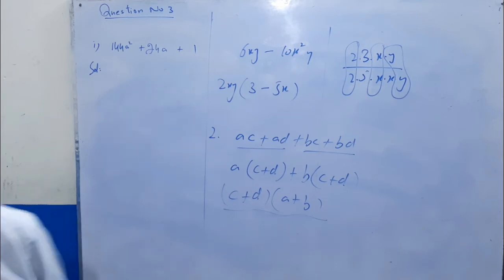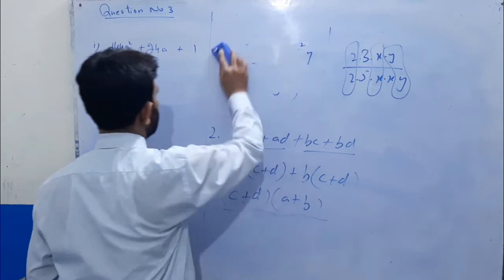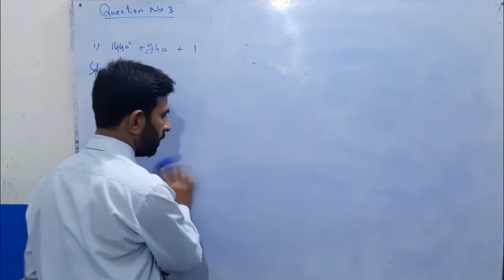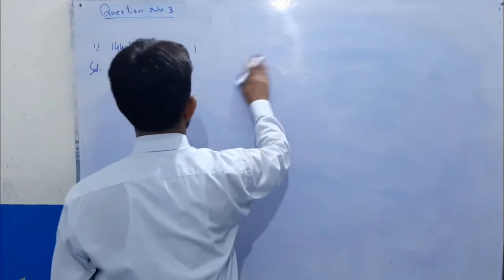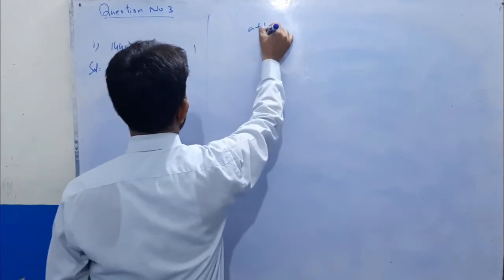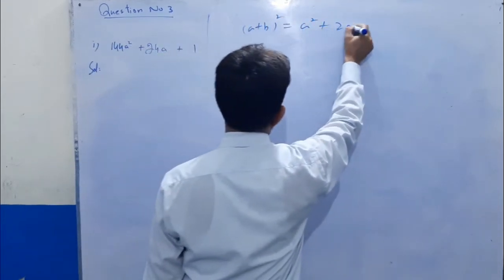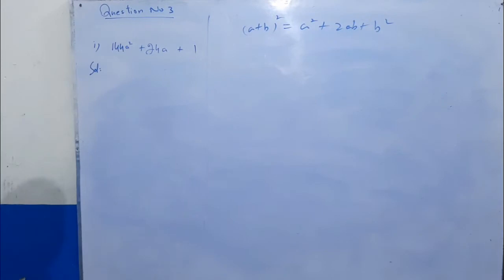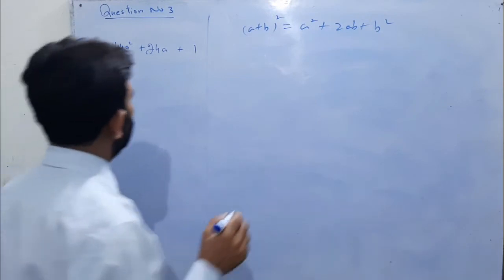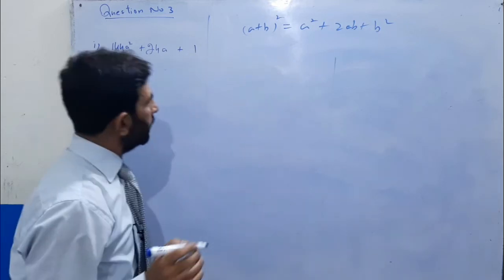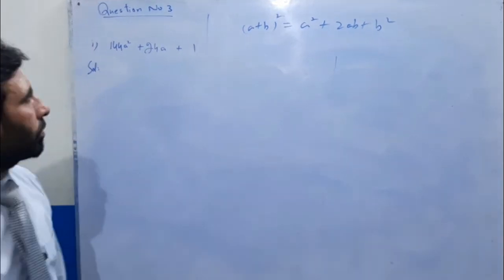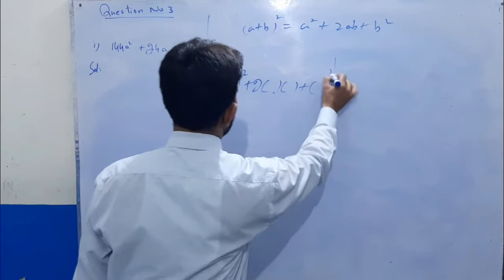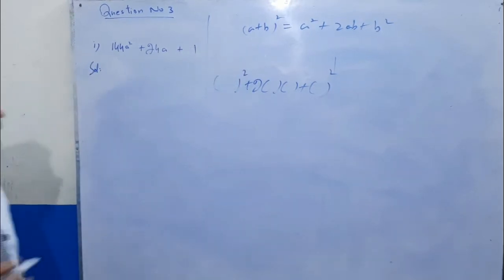In question number 3, we have to learn about identities and the factorization using identities. In junior classes, we have learned different identities like a plus b whole square. The first identity is a plus b whole square. It gives a square plus 2ab plus b square. Now we have to decide whether we can apply the identity or not. To learn this, we have to decide if 2 perfect squares are given. Simply you have to draw the quadrant and check whether 2 perfect squares are given over here or not.